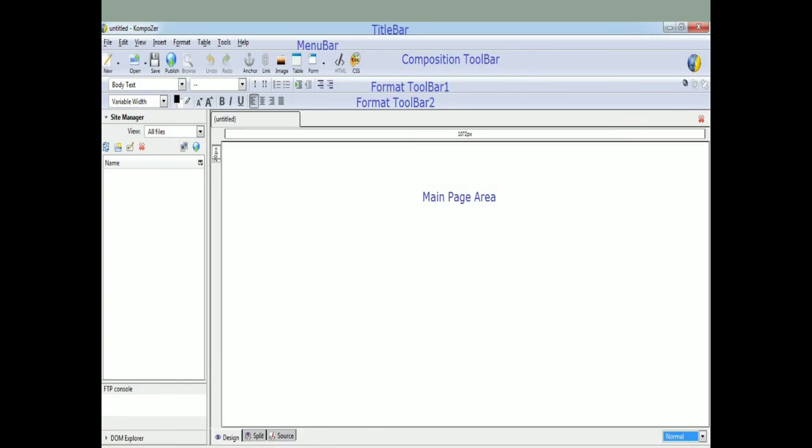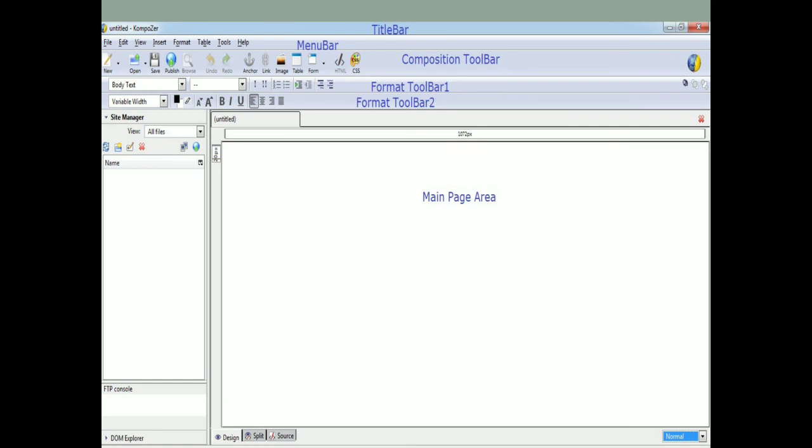So see, this is the layout of the Composer IDE, which I already stated I will show you practically. The top bar is the title bar, then we have a menu bar. These 5 bars are part of the Composer IDE, and this is the first look of the layout. The first bar is the title bar, which comes with the name of your file or your project. Second, it comes with the menus: file, edit, view, insert, format, table, tools and help. Sorry, 8 menus, which we call the menu bar.